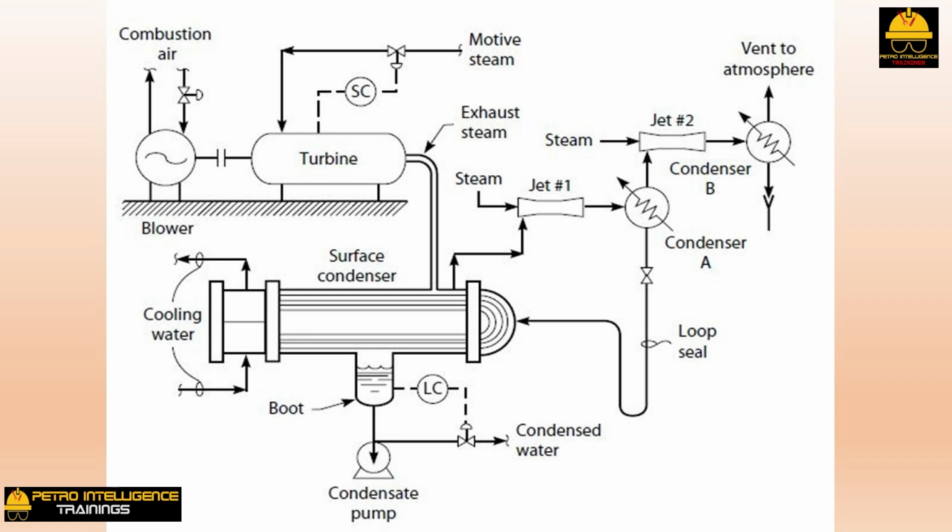He directed the maintenance crew to disassemble and clean the drain lines from both the final condenser, B, and the primary jet discharge condenser, A. Unfortunately, they failed to reassemble the loop seal from condenser A. But what is the purpose of this loop seal? The pressure in condenser A is greater than that in the surface condenser and less than that in the final